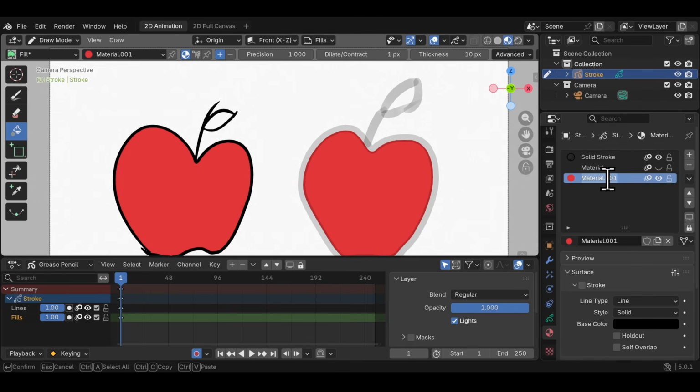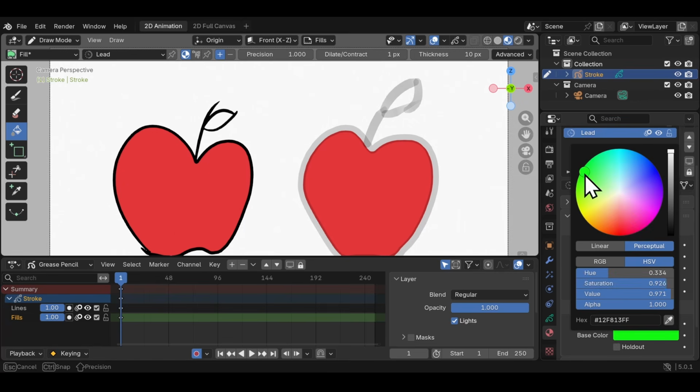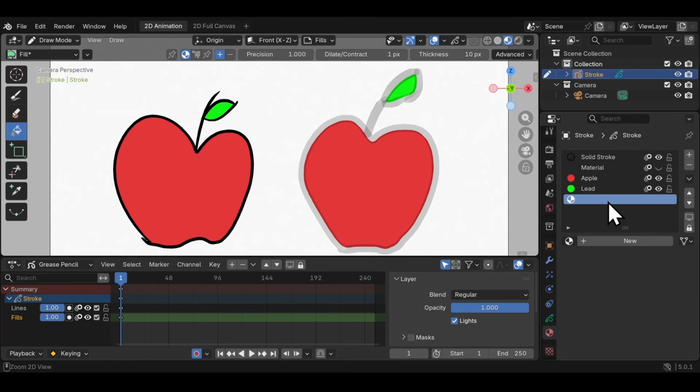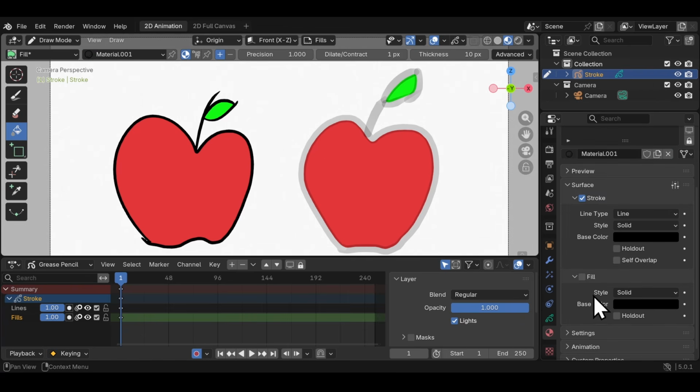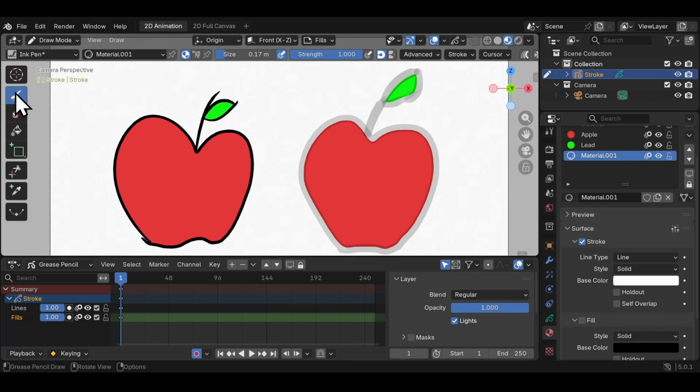So we'll go ahead and call this apple, and then we'll make another material, call it leaf, set the type to fill, get rid of the stroke, and then make this green, and then we can go ahead and boom, boom. So I might want to add a highlight to this apple, so I'll come up here, I'll make a new material. I'm actually going to leave it as a stroke this time, set the color to white, select our brush, and now we can just,